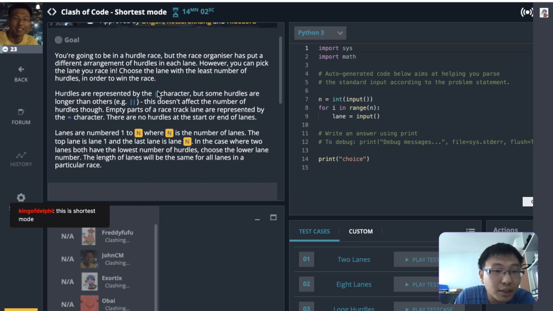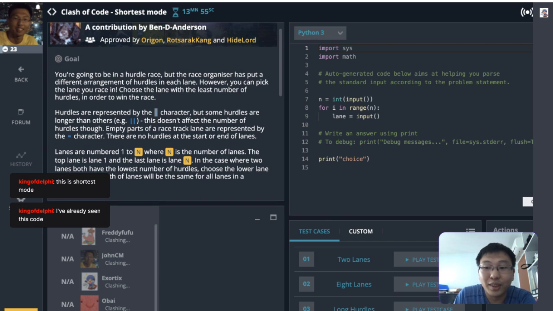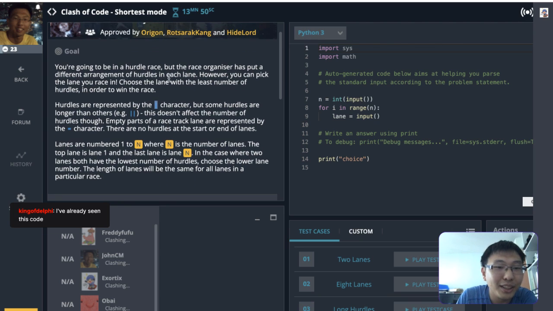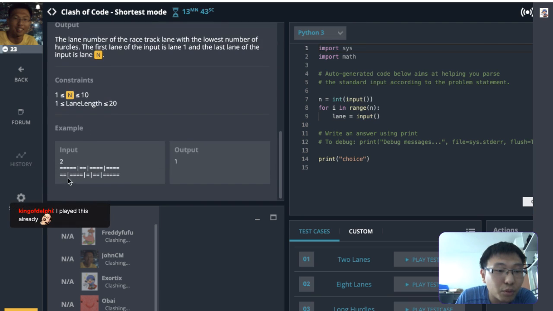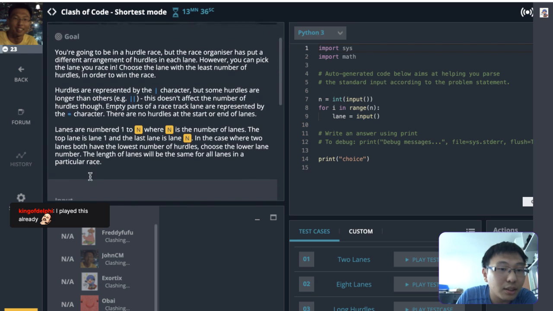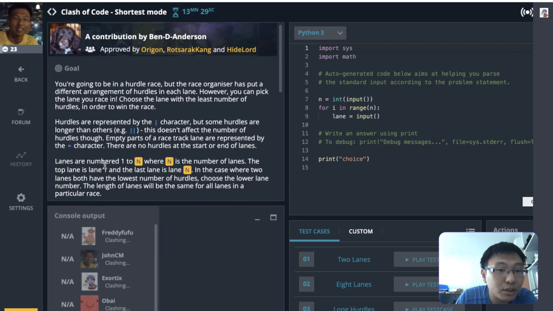Okay, so I guess they represent. Yes, this is shortest, correct? I guess you've been playing Clash of Code quite often. This is quite new to me. Okay, so some hurdles are longer than others. So you just need to find the number of hurdles and replace them. So any string of these hurdles are not counted. So I guess first we need to replace the hurdles with